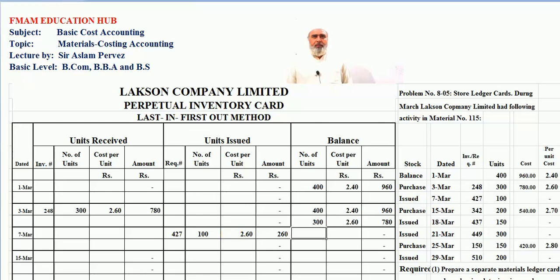Now we again record our inventory: 400 units, the first purchase, at 2.40. Now the balance is 200 units because 100 units have been taken from it, at 2.60. The current record of our inventory is 400 units and 200 units here. Now students,